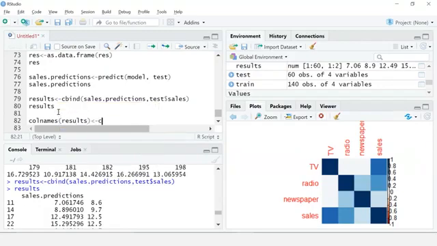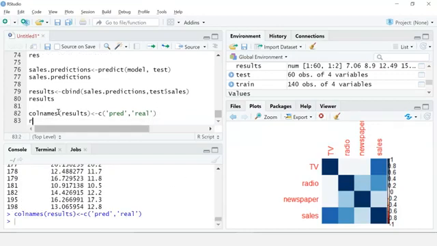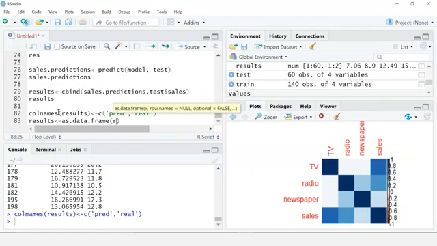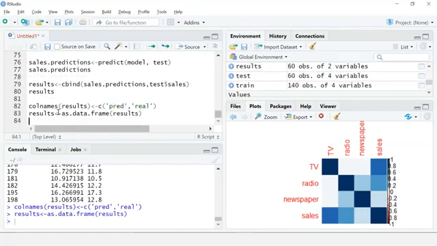Then I'll take a vector and give the column names as pred for predicted values and let's say real for the original values. We run it. Now I'll convert this into a data frame. So I'll use as.data.frame and give my results variable.